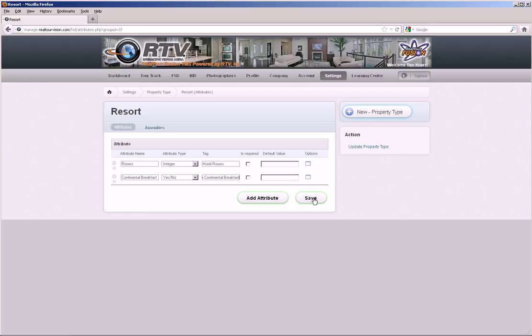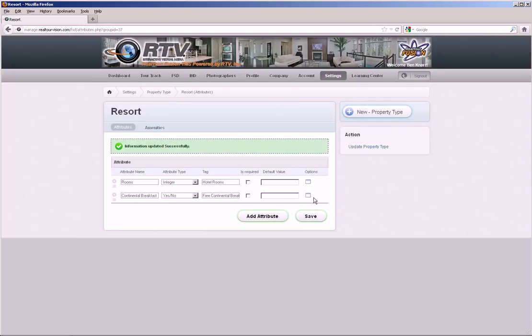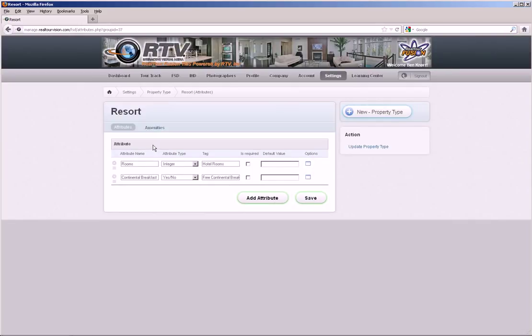And then I'm going to go ahead at this point, since I've added the attributes I'd like to add, and just click save, and my information has been updated successfully. Now that I've got a couple of attributes here, I will be able to add amenities to this property type